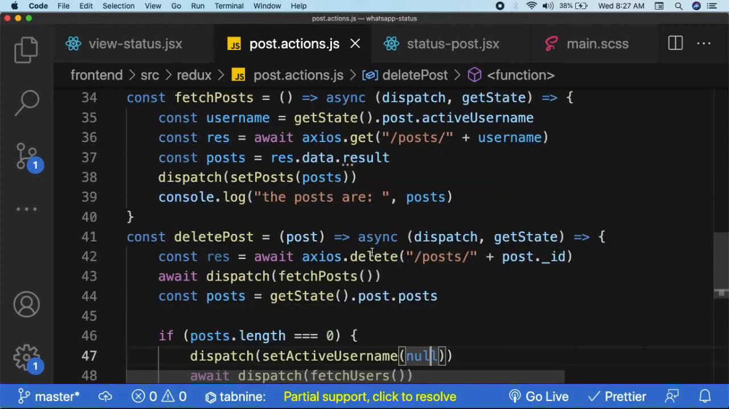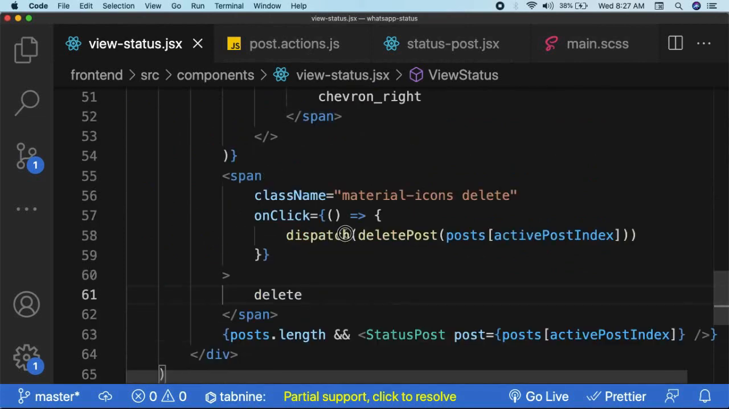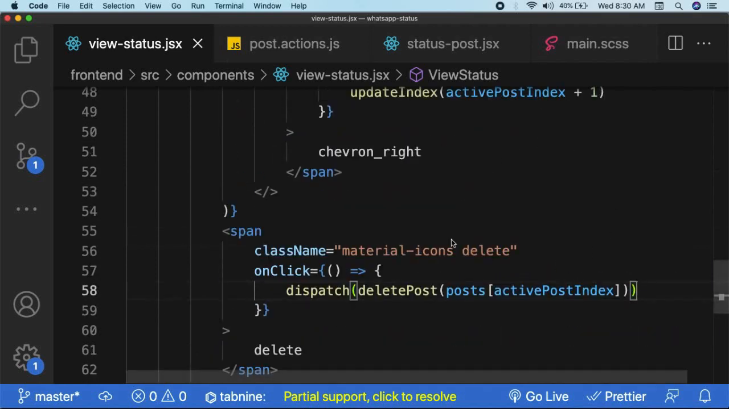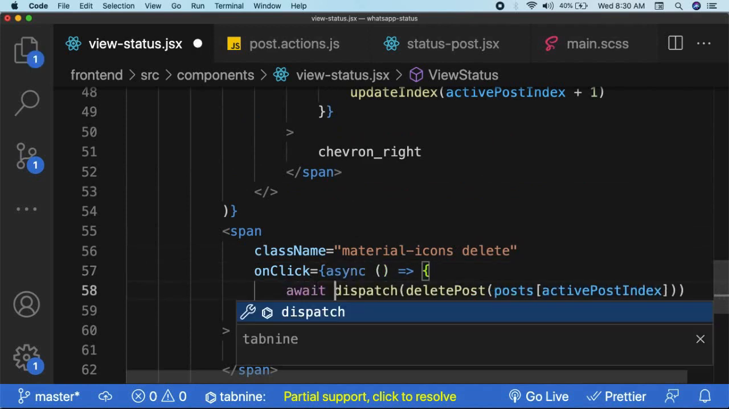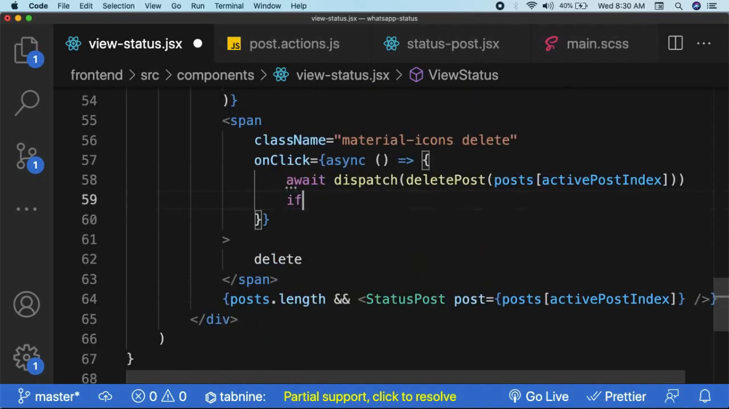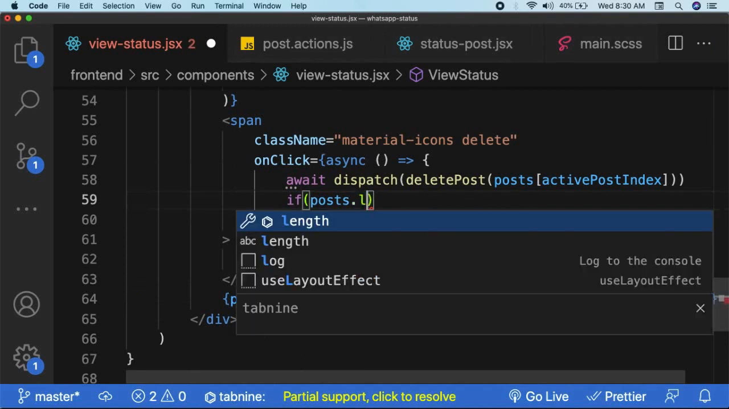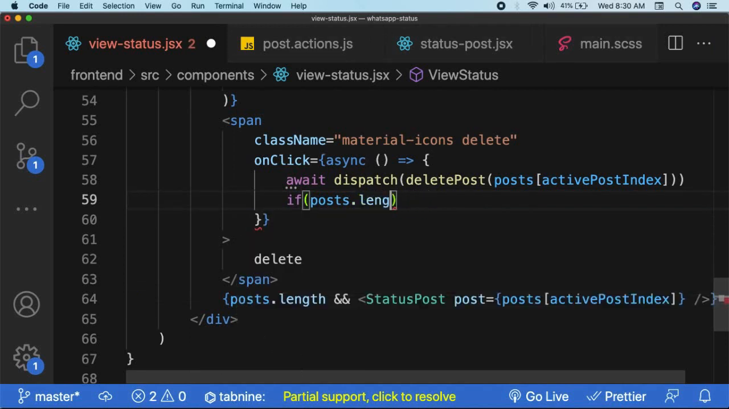So if it was deleting the last post, here we have to add the condition to check if this was the last post, and based on that we have to move it back. Alright, so let's start with the condition. First I want to make it asynchronous, and I want to await it, so that after delete I hope that we will have the updated post property. So post.length must be greater than 1 first of all. Otherwise, if we have only one post,